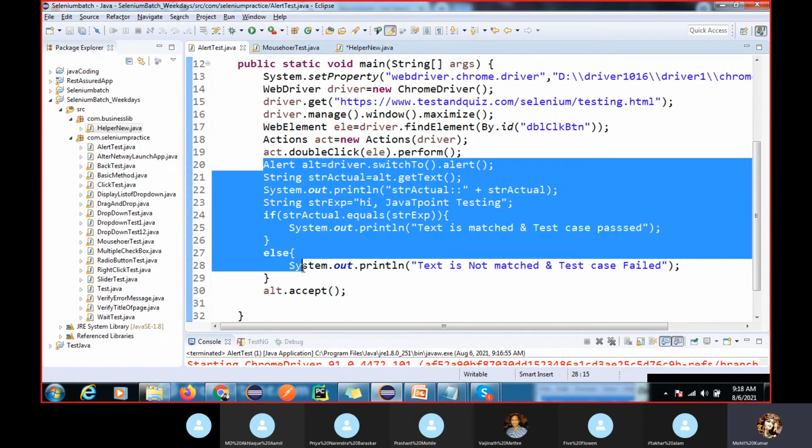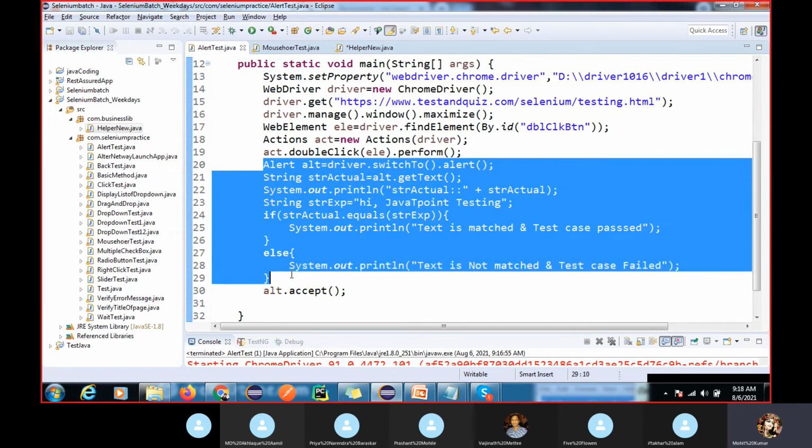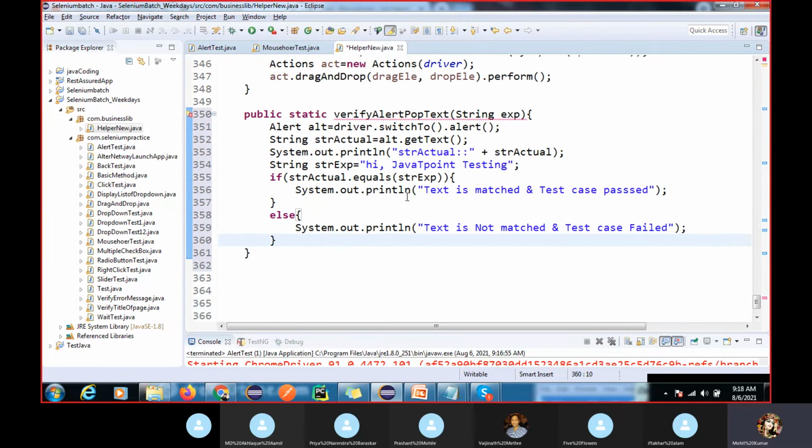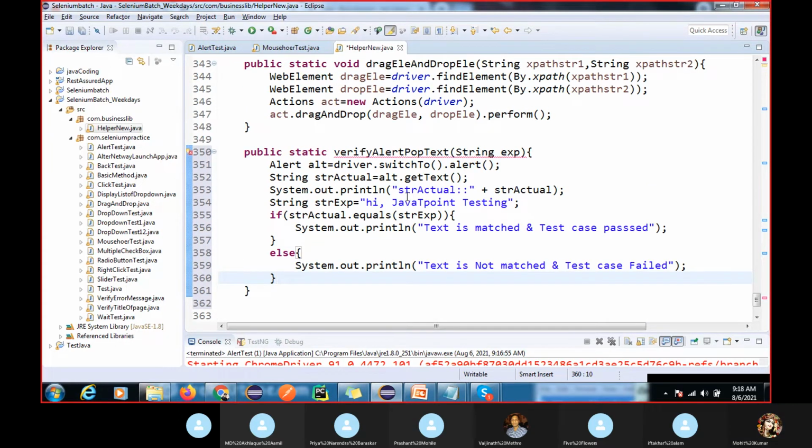You can just copy this till here, and here assert.